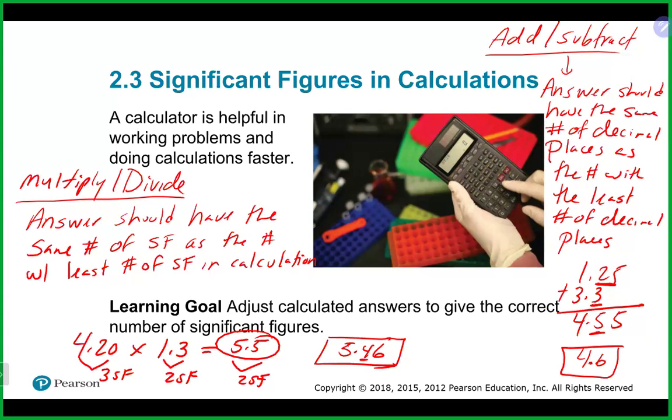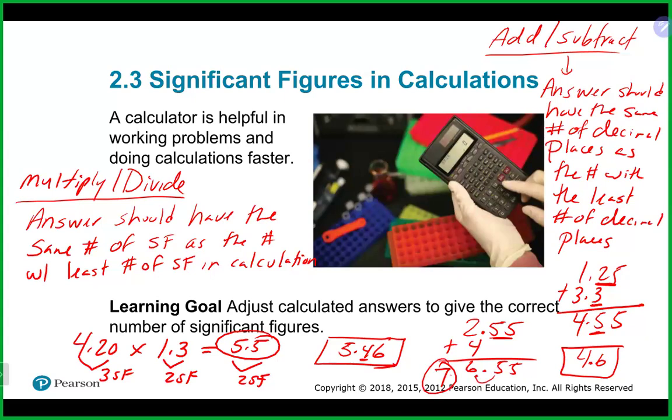Now, you may have something like this maybe. 2.55 plus 4. And I add that together. That is a 6.55. First number has how many decimal places? Next number has no decimal places. That's like a whole number, right? Smallest number of decimal places in this case is none, a whole number. In this case, you would round this thing up to lucky number 7